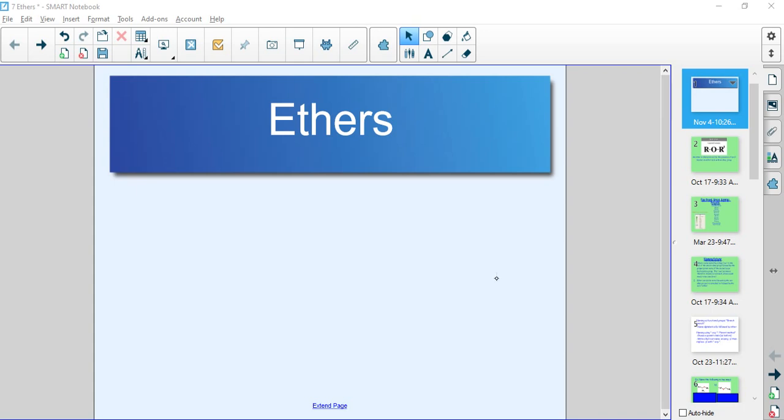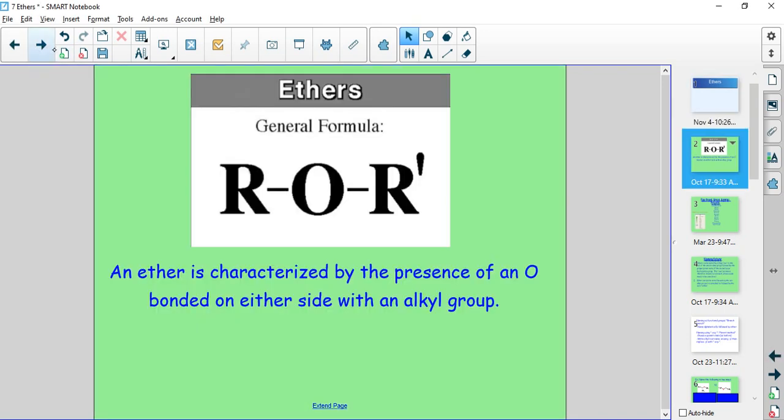Welcome again. This lesson is going to be on ethers. We have done several functional groups now, alcohol being the most recent one. We move now to ethers, and this is the general form of an ether. So what we have here is the R again, representing a continuation of an alkyl group on either end,